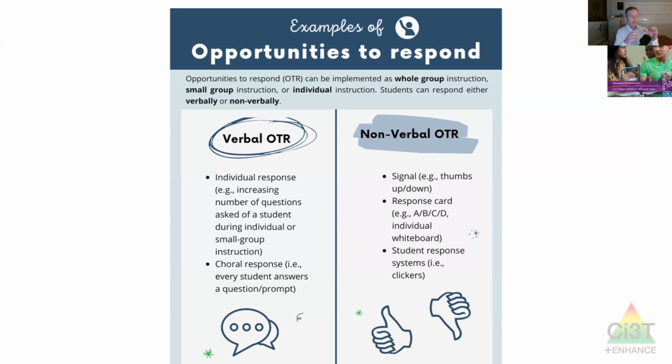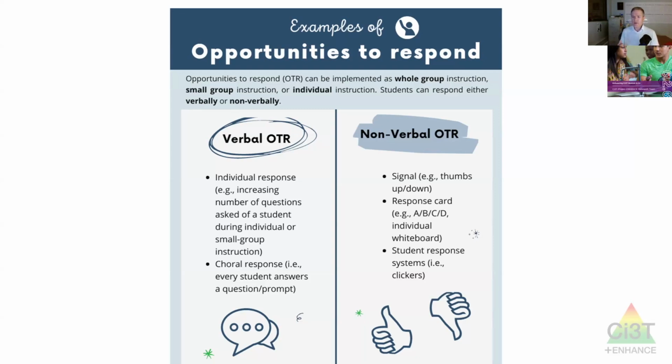So for example, I might have a stack of tickets using our universal reinforcement system, our PBS Ci3T tickets, and I've got one ticket per person in the class, so my designated class set of tickets. I pull one at a time to call on a student, so there's some equity that everybody gets a chance. So the times when I do want to offer the question to one person or hear one person's response, maybe it's an open-ended question, then I can call on that student. Kind of like popsicle sticks, but I'm trying to incorporate and use that universal reinforcement system all the time for my standard procedures throughout class.